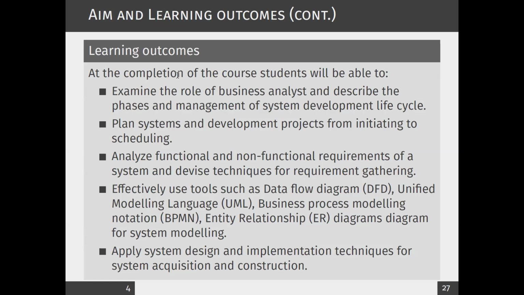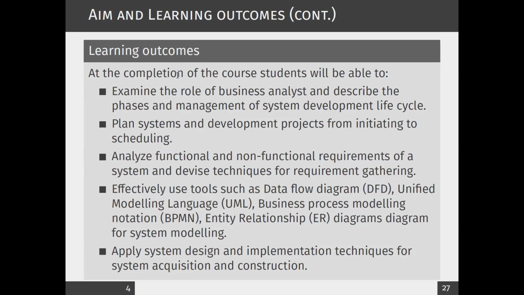So as the second one, we expect you to be able to plan the system and the development project from initializing to scheduling, which means we will discuss some techniques to understand how long it will take to complete